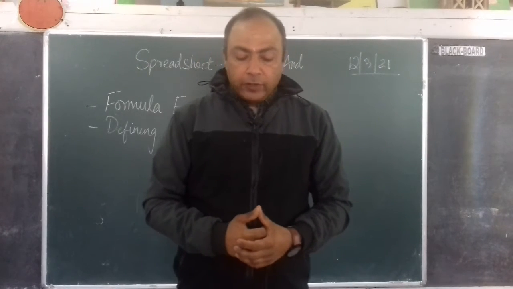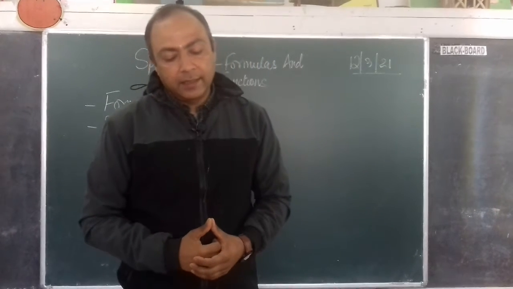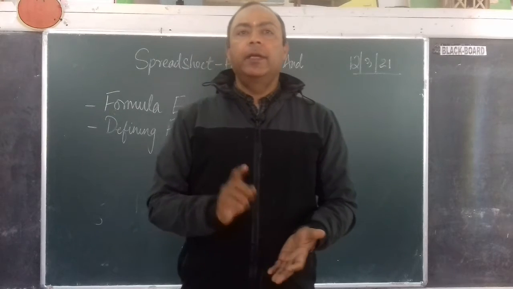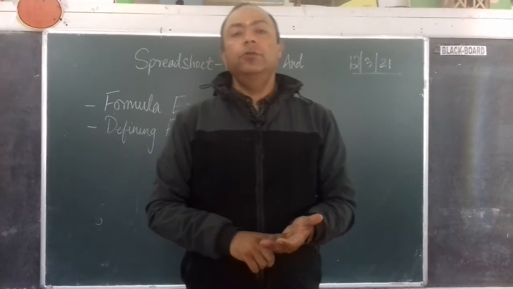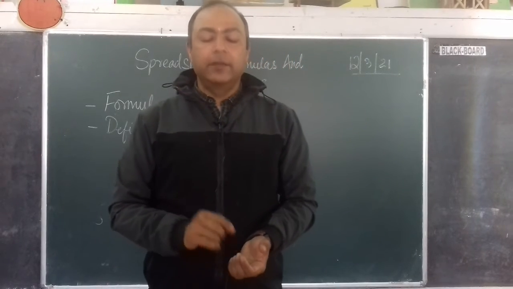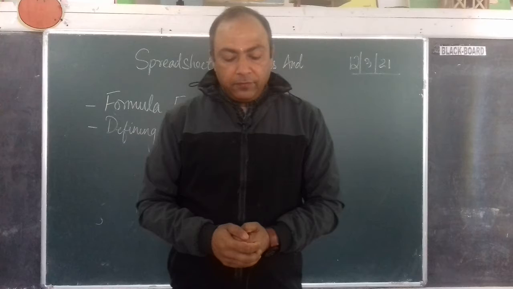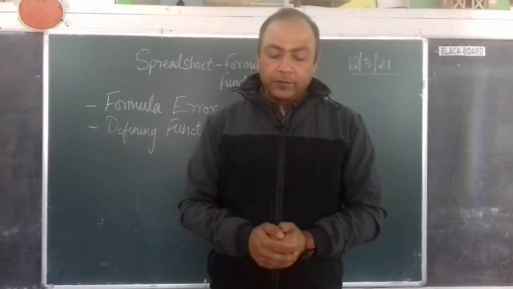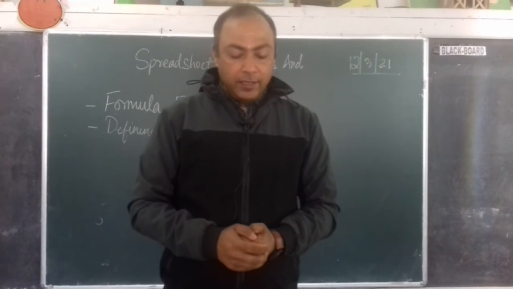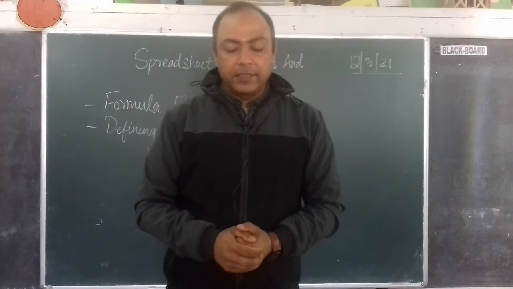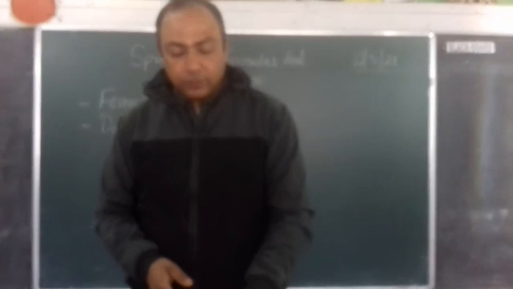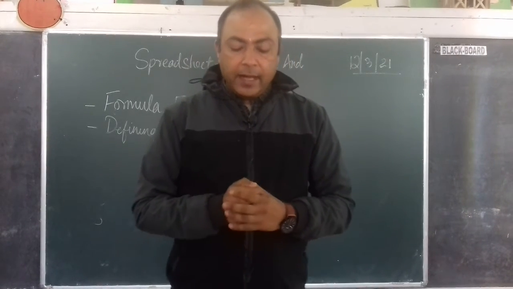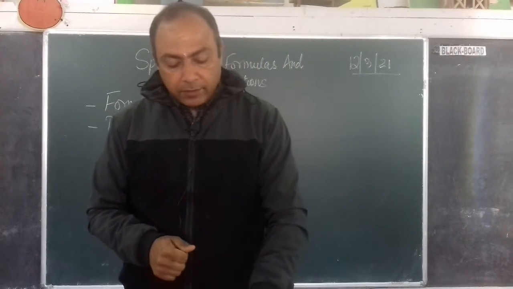So instead of the correct operator, if you enter the wrong operator, then also you might get the error. If you forget to begin the formula with an equals to sign, so we know the rule that whenever we have to write the formula, we have to type the equals to sign. If you forget to write the equals to sign, then also you will get the error. Now if you fail to put the apostrophes or inverted commas for the text in the formulas, so for all the given reasons, Excel displays an error message and helps you to detect and solve the error. Now we'll discuss the common types of errors and the method to fix them in this particular session.